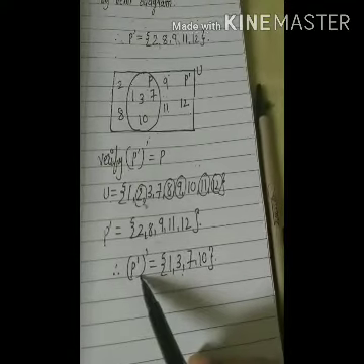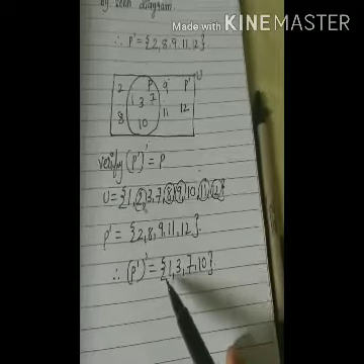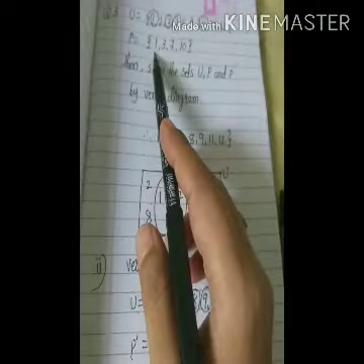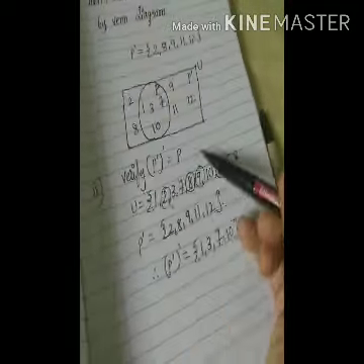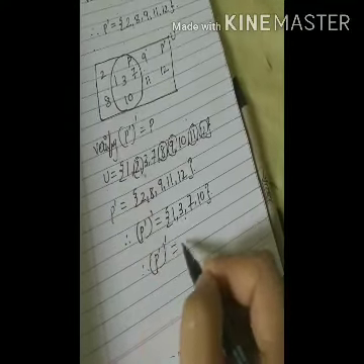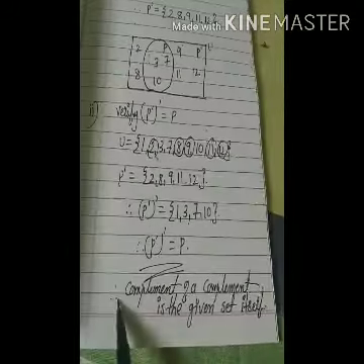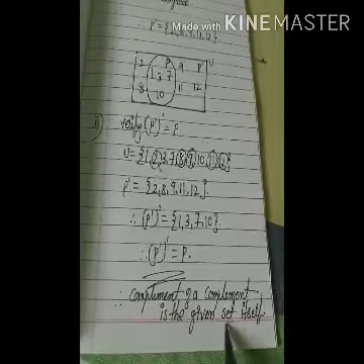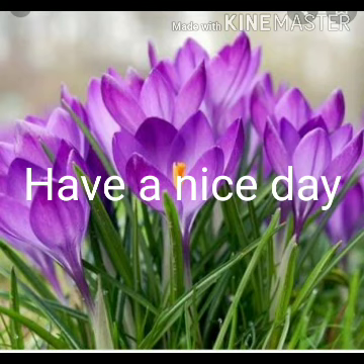Now we got P complement of complement. You observe, children, these elements and the elements of set P are both the same. It means therefore P complement of complement equal to P itself. Therefore, the complement of a complement is the given set itself. Thank you dear students. Have a nice day.